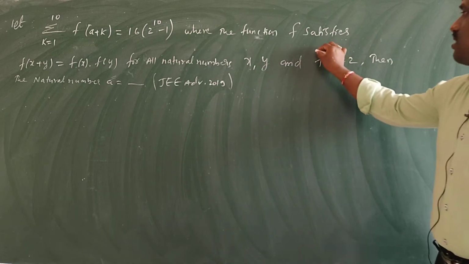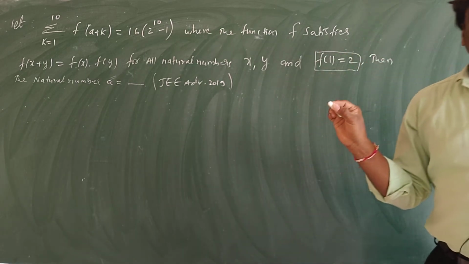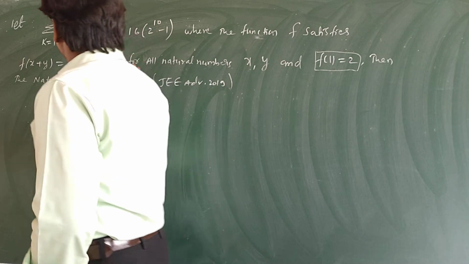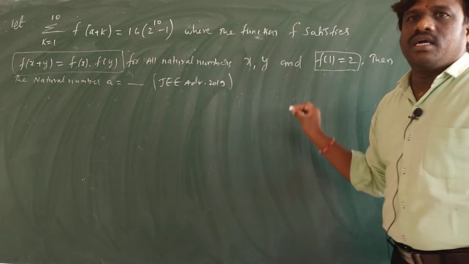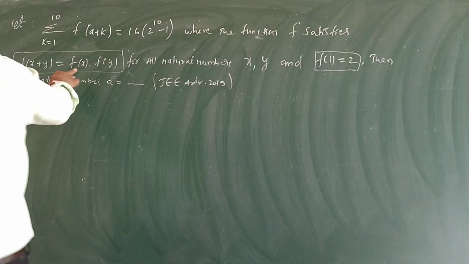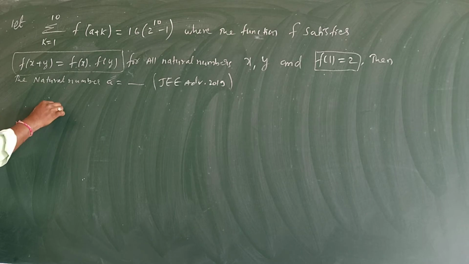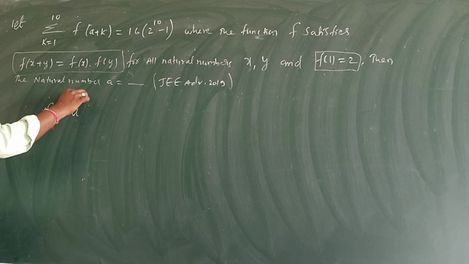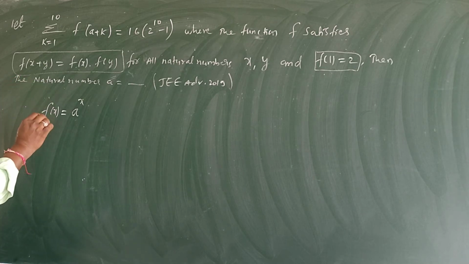So actually, mainly all these types of questions will give you the result only by these two things. These are the main things of the entire question. So now tell me, f(x + y) = f(x) f(y). What is the form? F of x is equal to a power x. The form is f(x) = a^x. Okay, now it is clear.